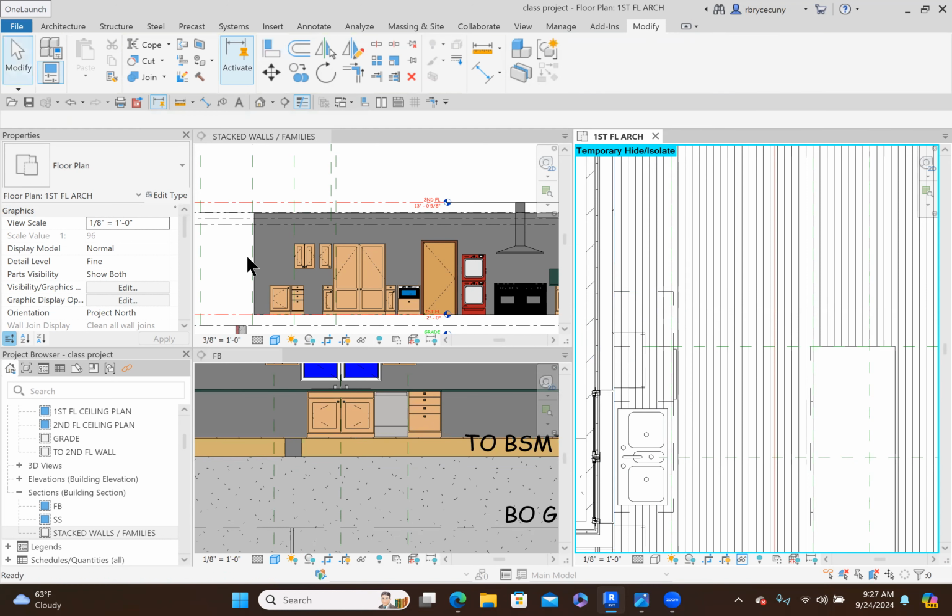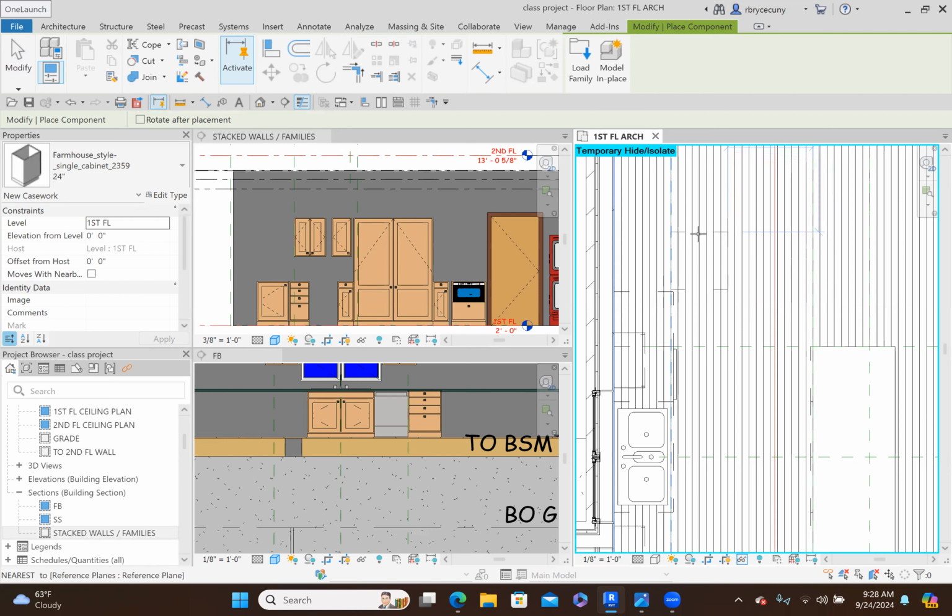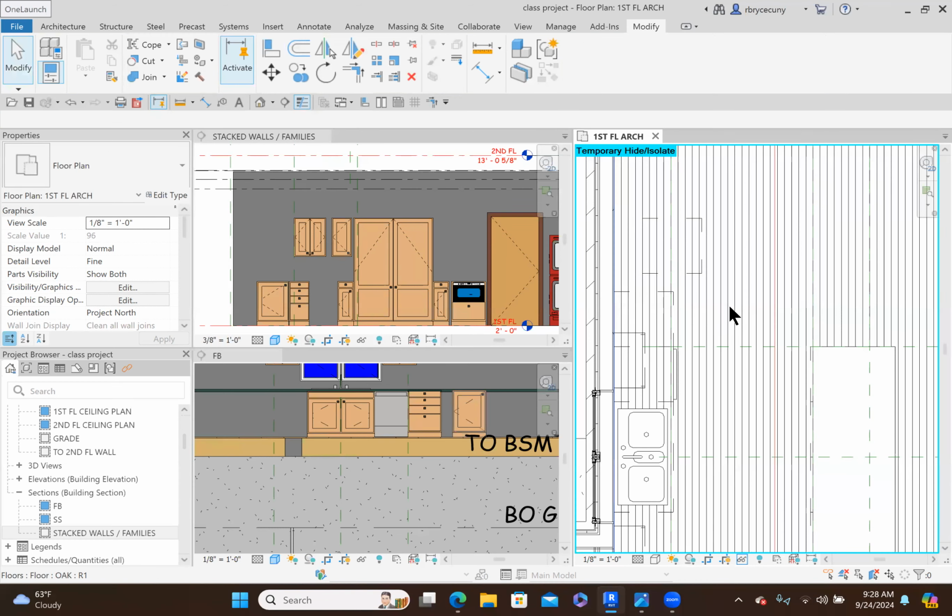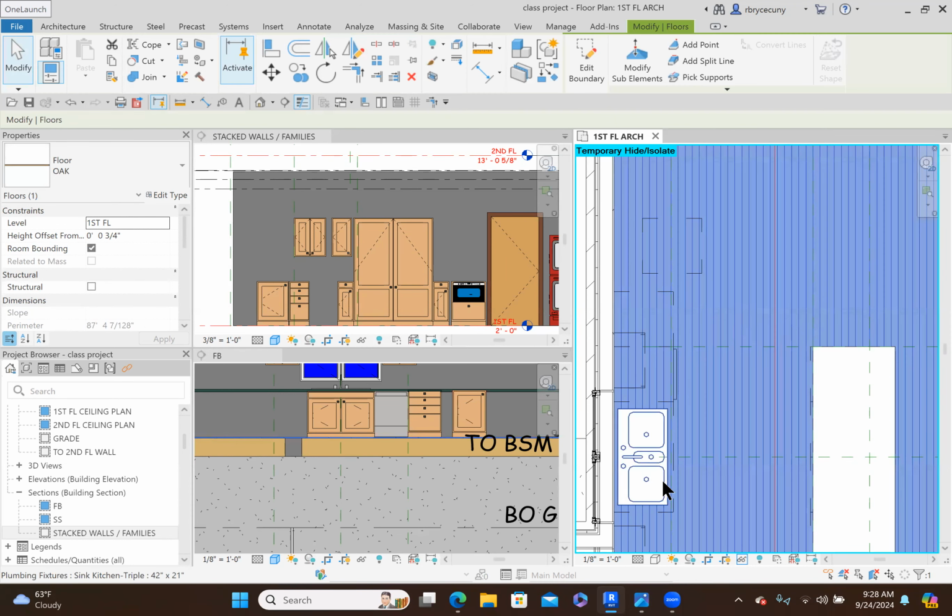Oops, create similar. And assuming that the back of the cabinet is what it snaps to where my mouse cursor is, I'm thinking that that's the back. So I'll just put it right there. You know what else I'm going to do is hide the floor because sometimes I'm grabbing that. So I've hidden that as well. Just makes it a little bit easier. And I can also line it up here. All right,